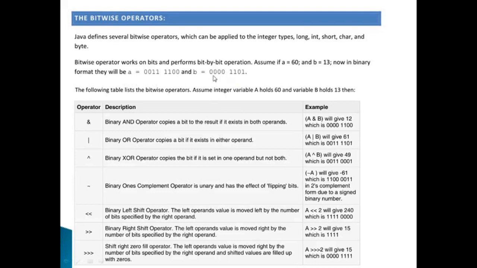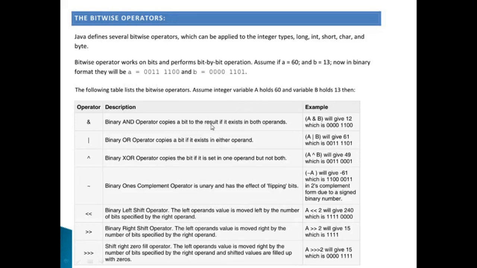Because these four bits are going to result in four zeros, because ANDing anything with 0 will definitely give 0. And then 1100 ANDed with 1101 will give 1100. So 1100 is equal to 12. So the bitwise AND operation between these two numbers, 60 and 13, will give 12.